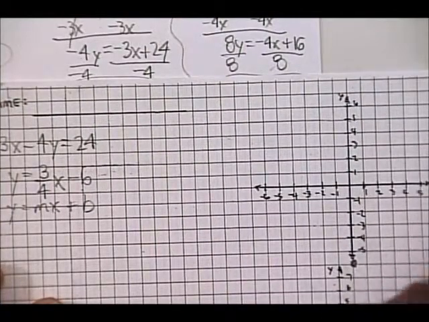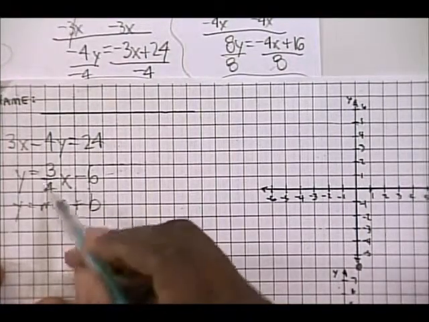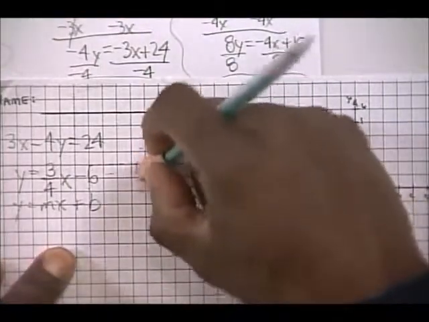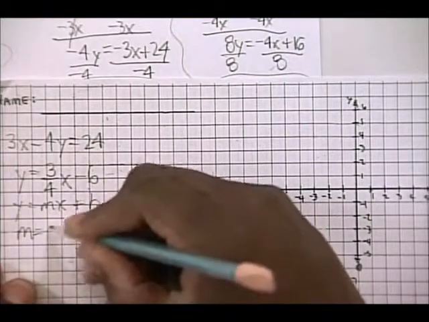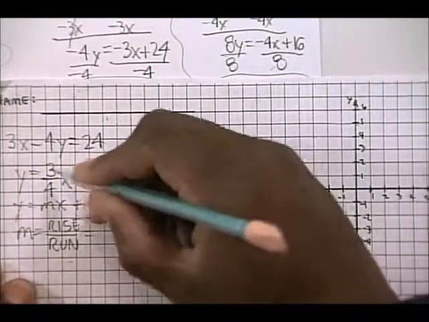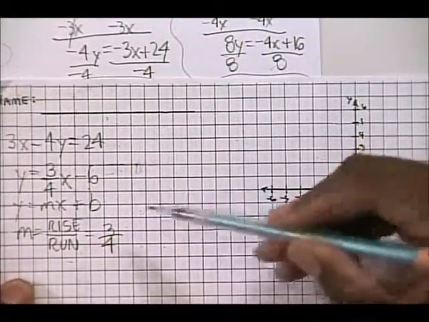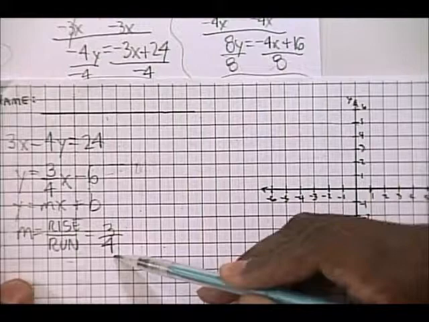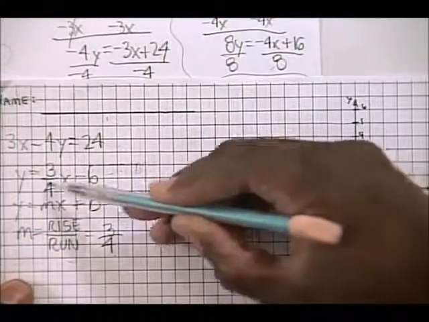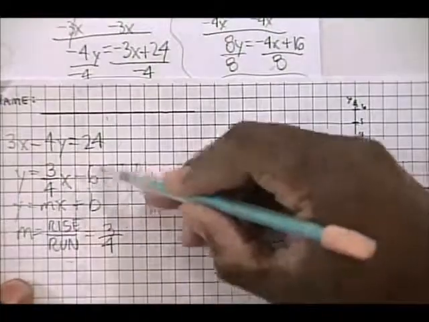Now what you're going to do is plot the second point using what we call the slope. Slope, by definition, means rise over run. Our slope is 3/4. So you're going to rise 3 and run 4 from this point. You're going to use the slope to plot the second point, starting from this first point, which came from the